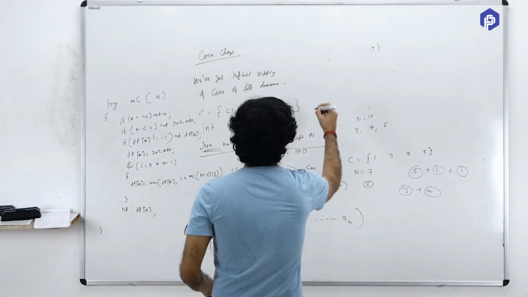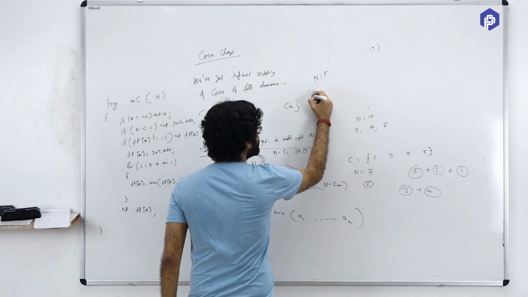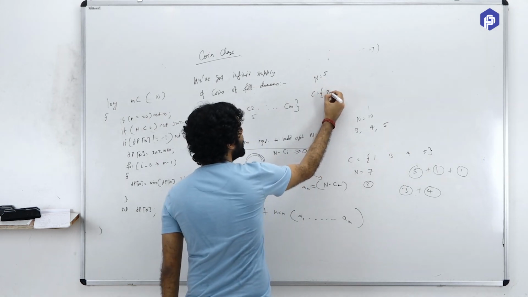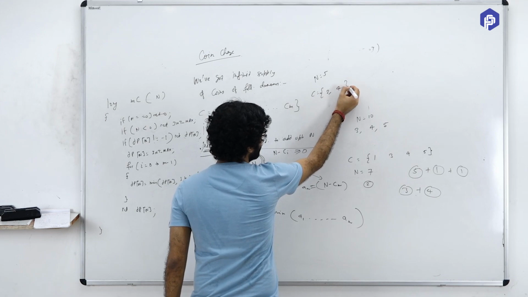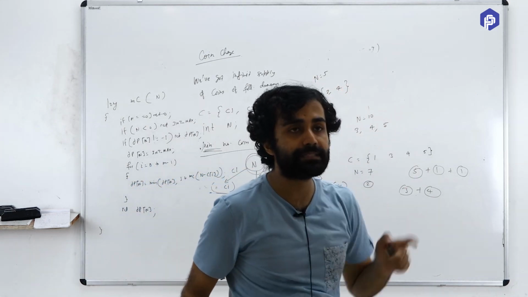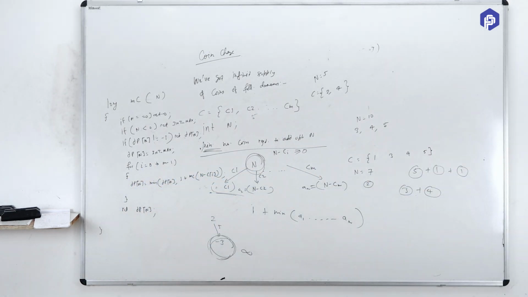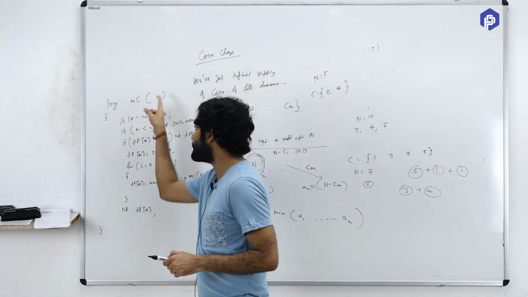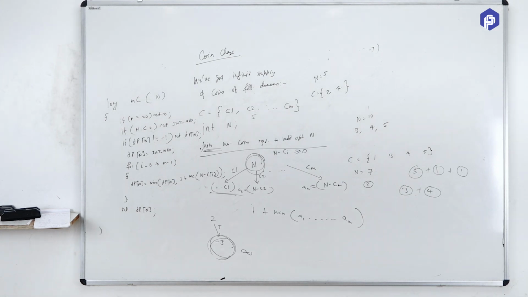Okay, so sometimes what can happen is that you want to make n equals to 5 and the denominations of coin that you have are 2 and 4. Can you make 5 rupees if you have denominations of 2 and 4? You cannot make it, right? So if your input is something like this, what do you think your code will return? It would return a value greater than or equal to INT_MAX, right? Not just INT_MAX, but it can be greater than INT_MAX also, because many ones would have got added before that INT_MAX is getting returned from a bottom leaf. Is that making sense to everyone?